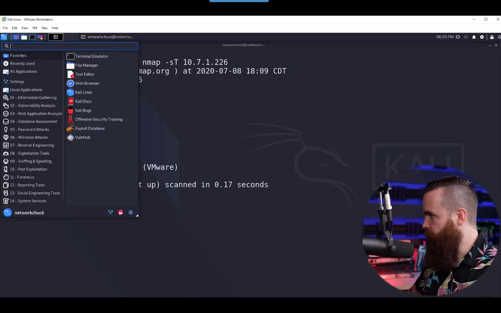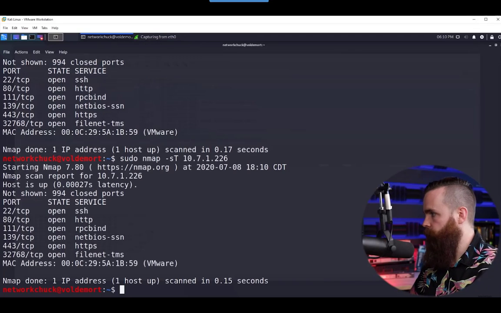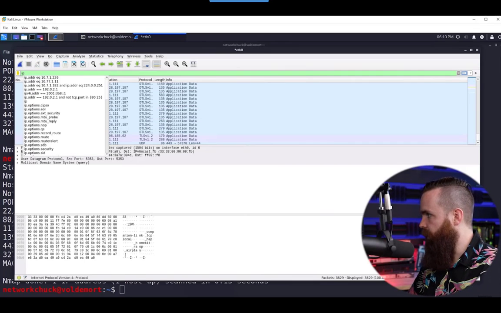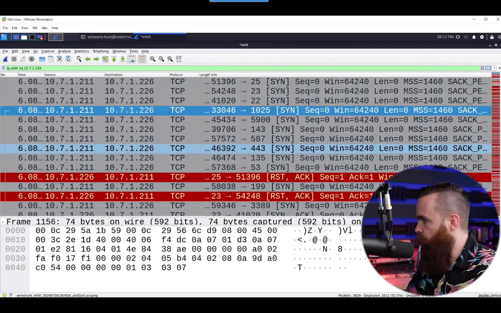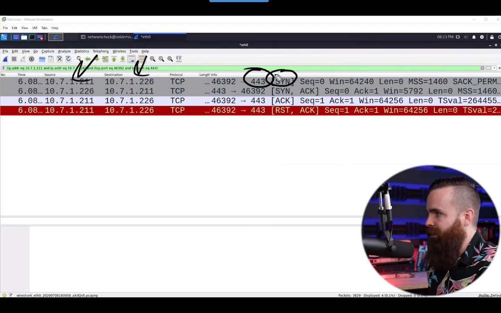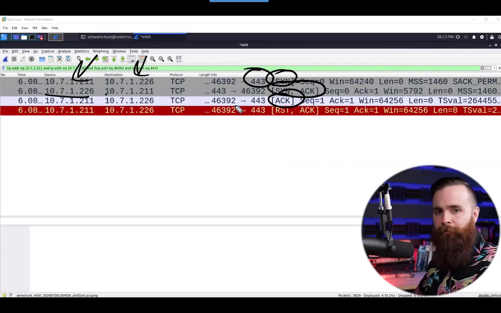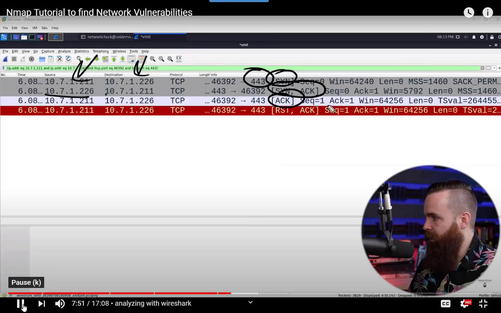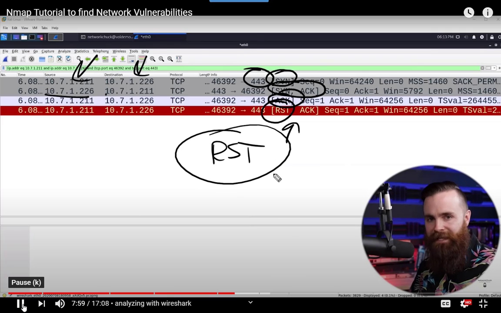Now I'll do it again with Wireshark running. Alright, I'm capturing packets. Let's do that one more time. Done. Going to filter by this IP address, and we'll look at one of these conversations here. And it's beautiful, just like what we talked about. Here's my Nmap, here's my target, port 443, I've got my SYN message. I get a SYN-ACK back from my target, and then I send an ACK back saying, everything's good, buddy, let's talk on port 443. A full TCP connect, and then I'm like, you know, I didn't have much to say, I'm going to end this conversation. This flag right here, this RST, is another flag that is just a reset or ending the conversation on a TCP conversation. Now let's check out the stealthy one.